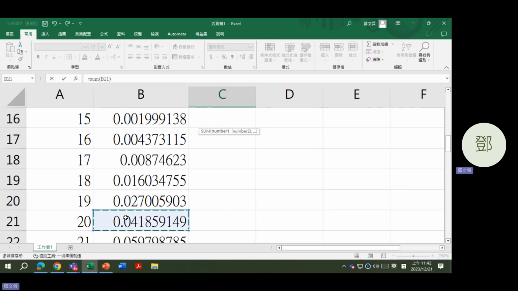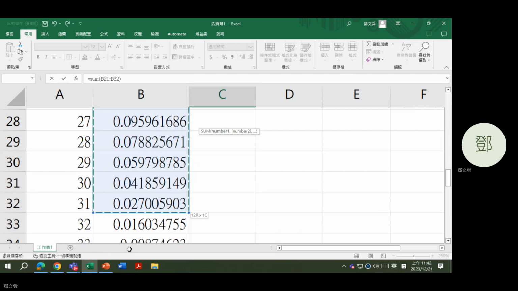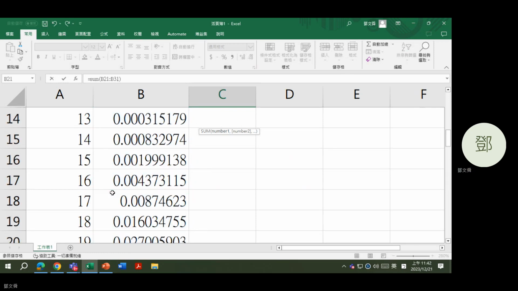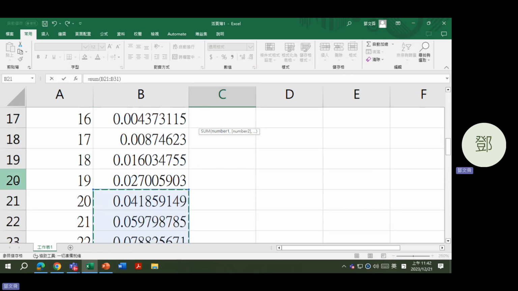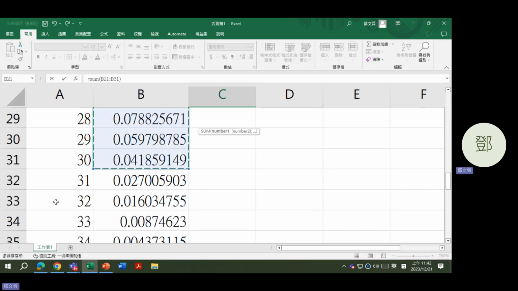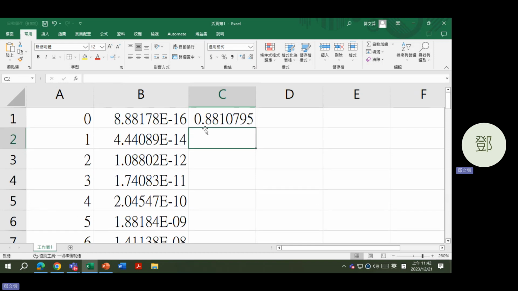Now, let us sum the probability from 20 to 30. Here from 20 to 30. Not this 20, okay? This 20. And not this 30. It is this 30, okay? So sum them up, and here's the answer. The exact probability is